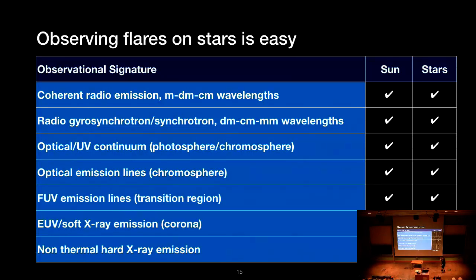And it tells us that there's a ubiquitous mechanism that's taking place on these stars as it is on the sun. And that when you look in these different wavelength regions, you're probing different layers of the stellar atmosphere. You're looking at different physical processes. You're looking at particle acceleration. You're looking at plasma heating. And so you're able to make interrelationships in these different atmospheric layers and across stars of different types.